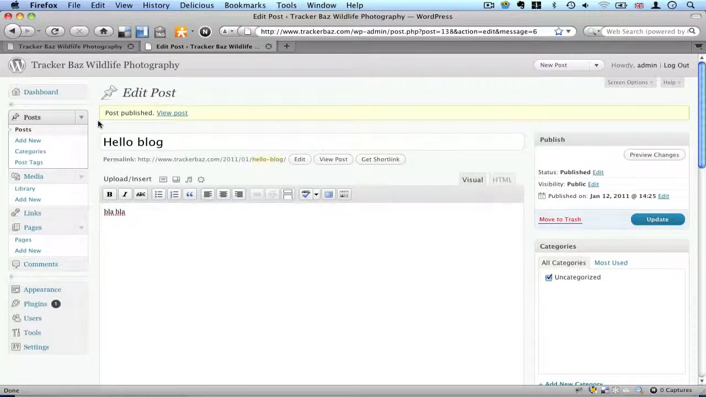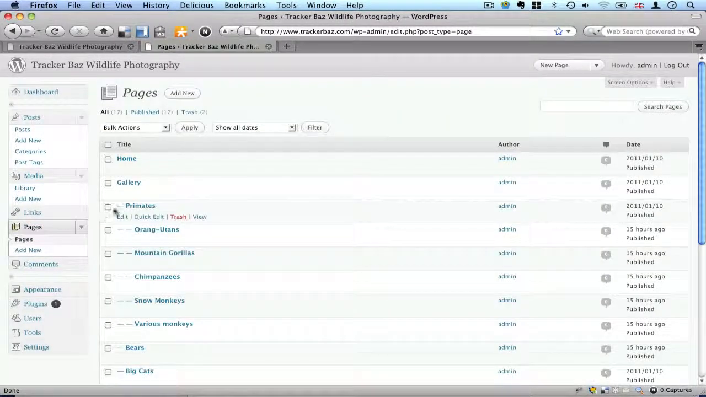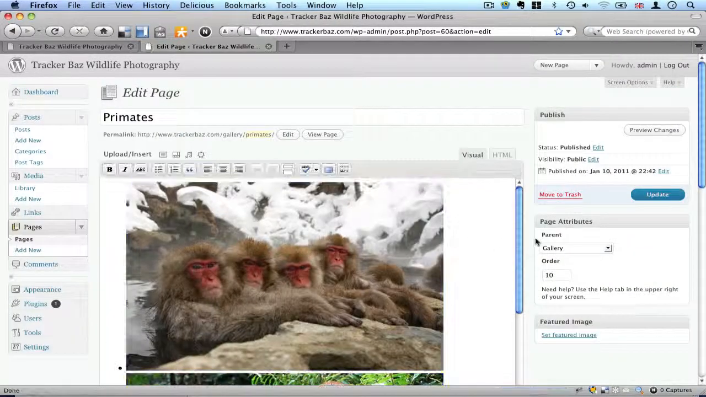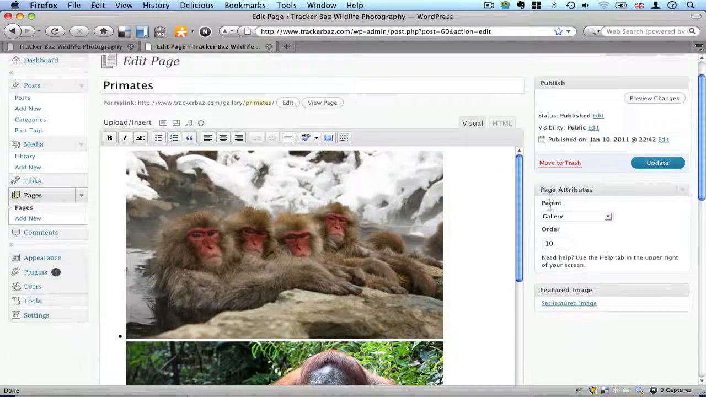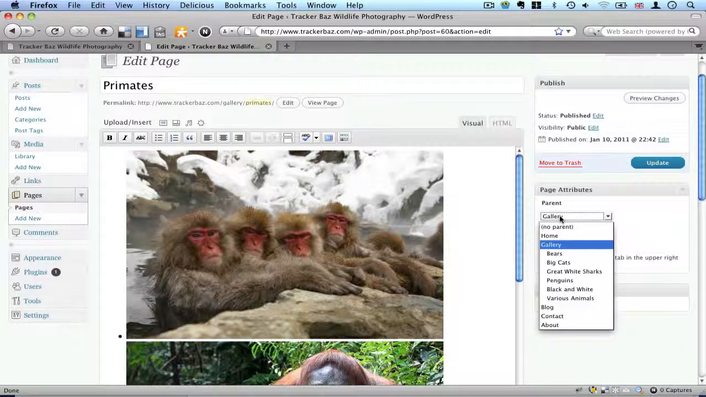One other thing that I just want to show you as well is on the pages, and it's to create these nested pages. So if I go into primates, for example, over on the right hand side it asks you what the parent is. So for this particular page, the parent is gallery. If I wanted, I could make the parent blog,